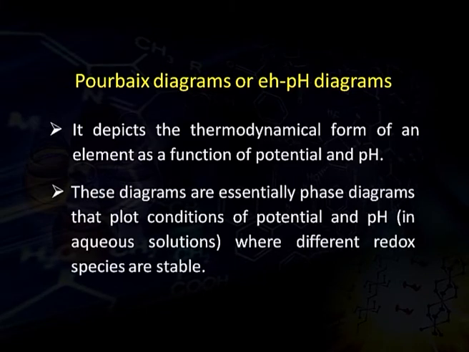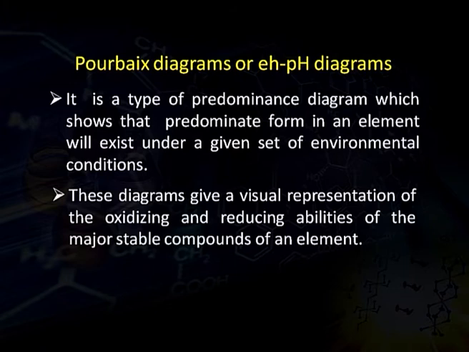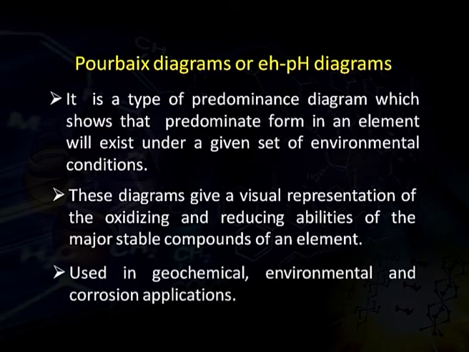These Pourbaix diagrams are essentially phase diagrams that plot conditions of potential and pH in aqueous solutions where different redox species are stable. It is somewhat the same as a phase diagram. It is a type of predominance diagram which shows the predominant form an element will take under a given set of environmental conditions. These diagrams give a visual representation of the oxidizing and reducing abilities of the major stable compounds of that element. It is used in geochemical, environmental